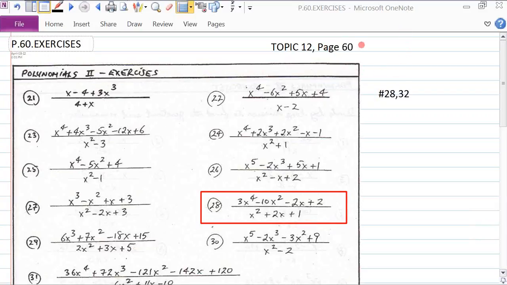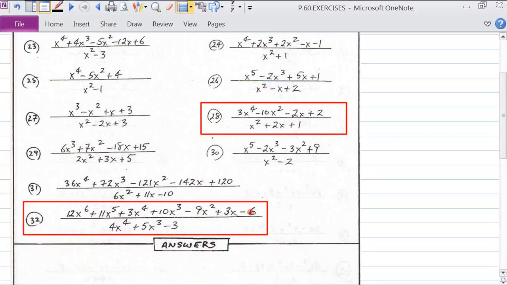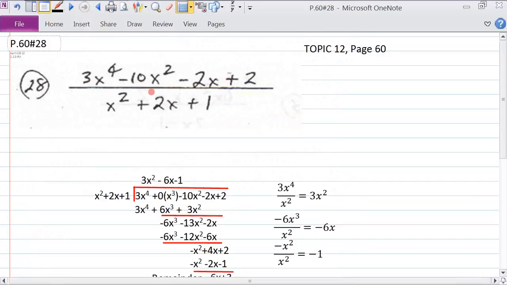We're on page 60, and we're going to do two problems, number 28, which is right here, and number 32 over here. So let's get started with number 28. And here you can see we have to divide 3x to the power 4 minus 10x squared minus 2x plus 2